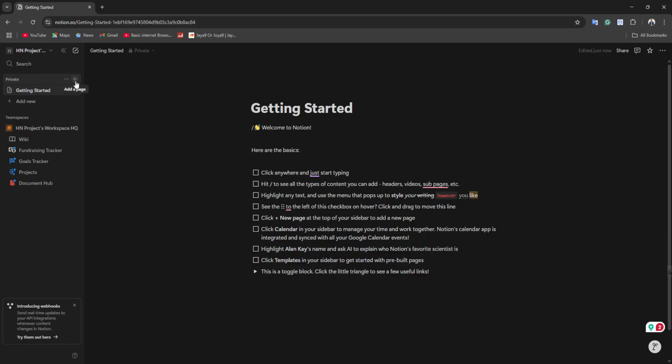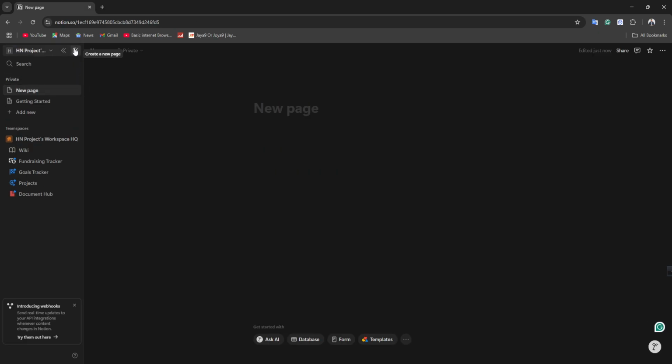Simply tap on the plus here. Also you can tap here to create a new page. Okay, so for example I'm going to name it something like that. But of course you can use any data you like: sales data, tasks, expenses, anything. You can build your database from scratch or use a Notion template. For this demo I will use the personal finance tracker template. Okay, let's tap enter,